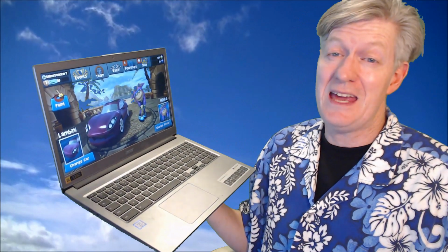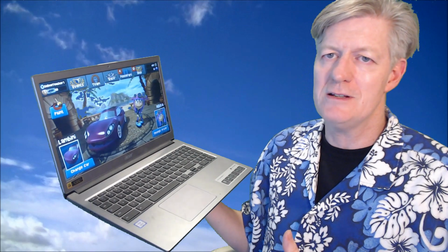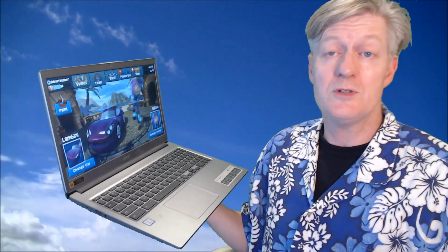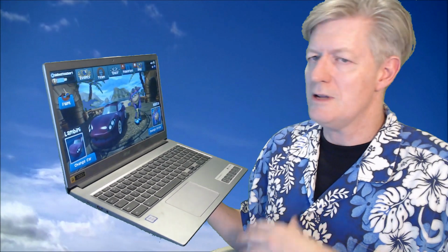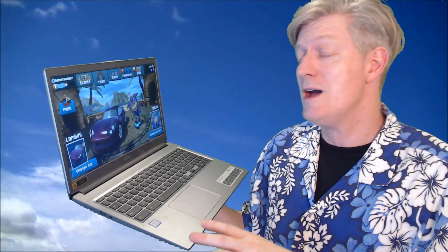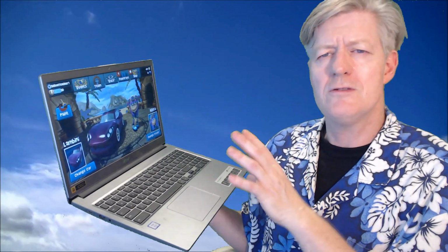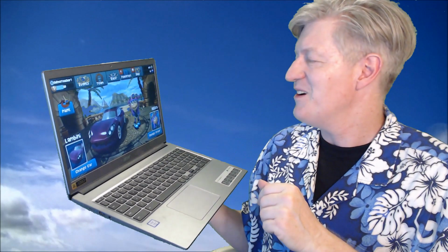Now a word about that game. This is Beach Buggy Racing 2, and there's actually different versions of it. There's a version that you play on the Chromebook, on a Windows machine, on a Macintosh, even on your Tesla car. So no matter what kind of computer you have, you can play Beach Buggy Racing. And there's 1, 2, and other versions out there that you can find if you look hard enough for it.